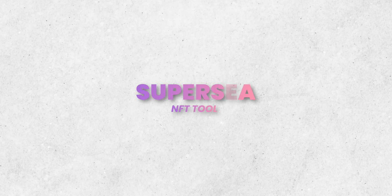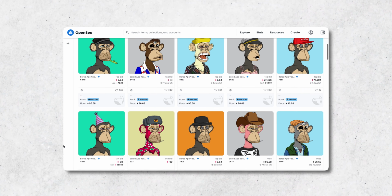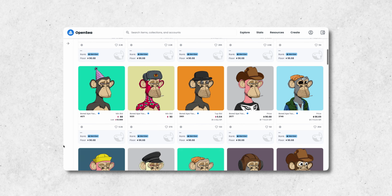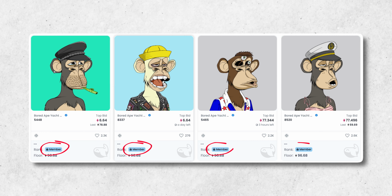SuperSea. SuperSea is a Google Chrome extension that will quickly allow you to find the best values in an NFT collection. And this tool integrates the information directly onto OpenSea so you can get all the information that you need right on the marketplace. And some of the top features that SuperSea allows include rarity ranks that tell you how rare